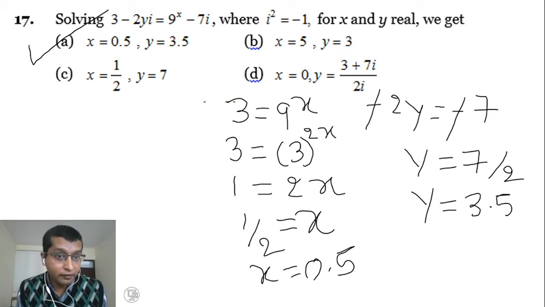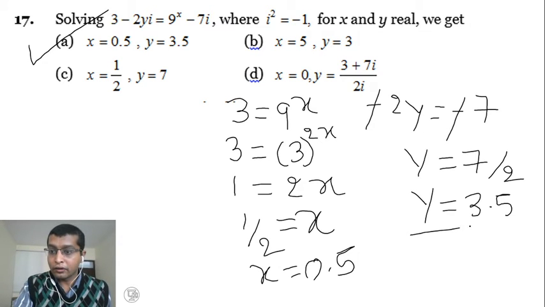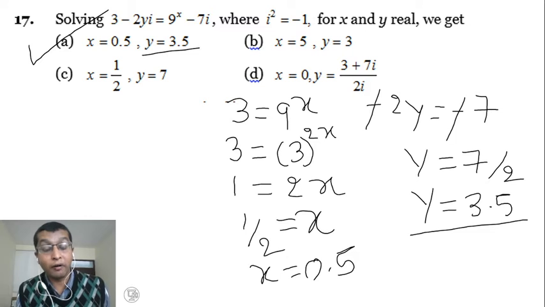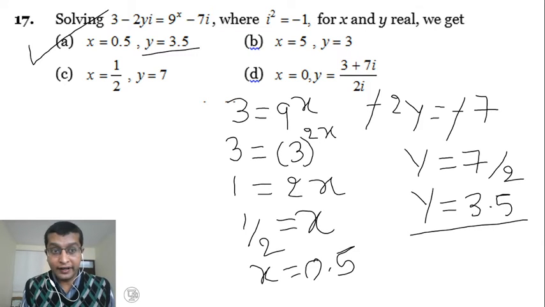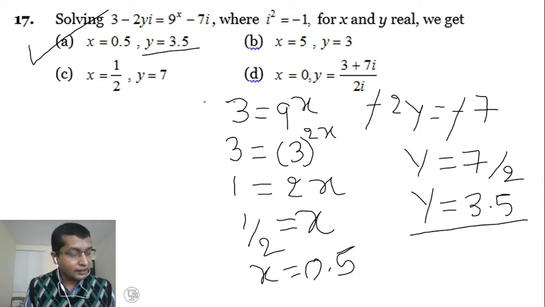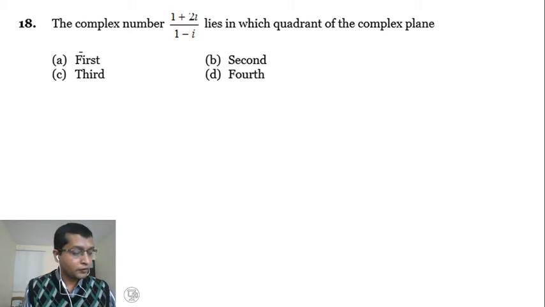One more hint I will give you. See, y equal to 3.5. You have to search here. So in the options, option A has 3.5. In the remaining options, y is not equal to 3.5. See, we don't find it, so no need to calculate x. Then directly we can say option A is the right answer. Okay. We'll move to the next example.